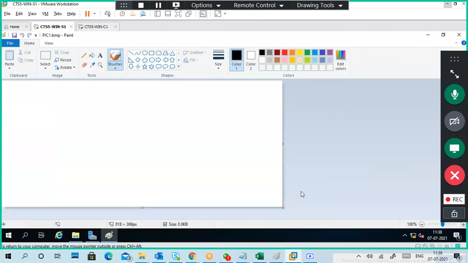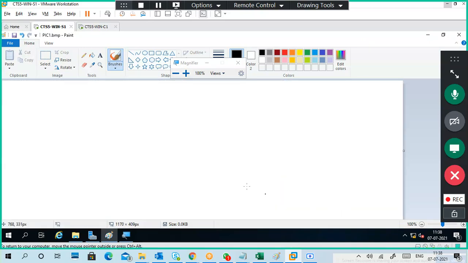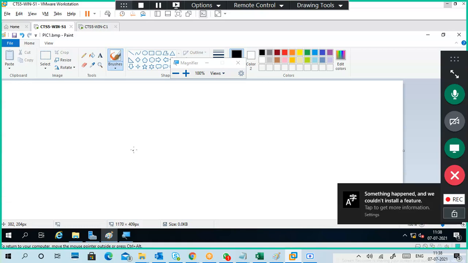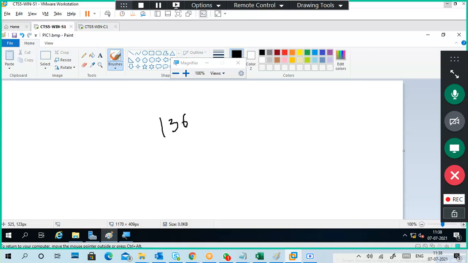Okay. So this is my picture. The maximum pixel size is 1366 into 768. This is the maximum picture size. It should not be more than that.